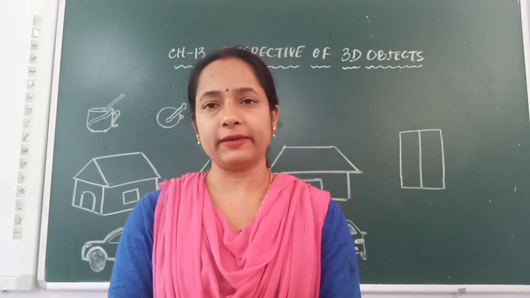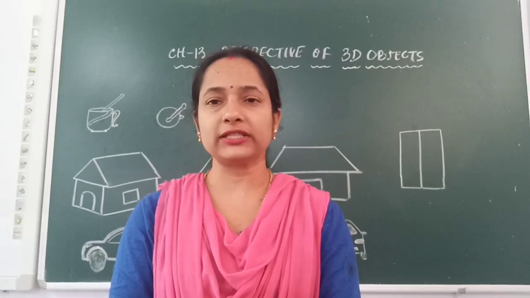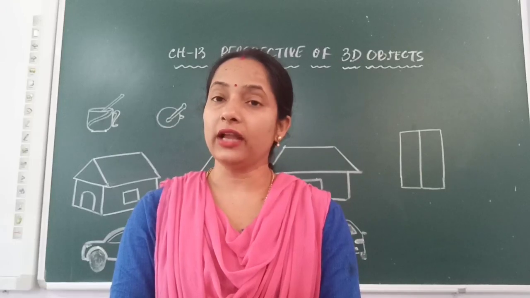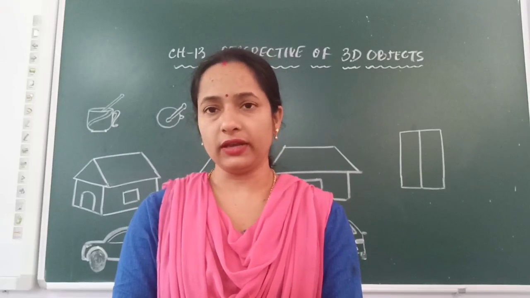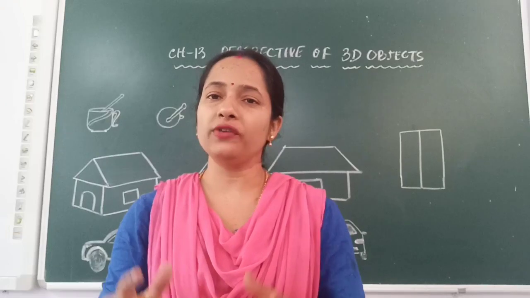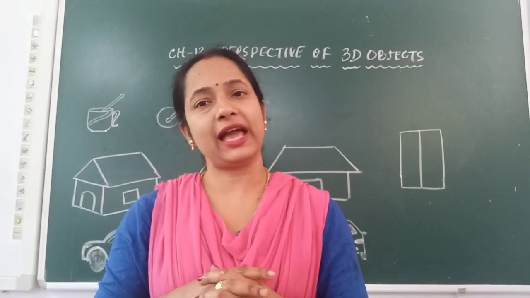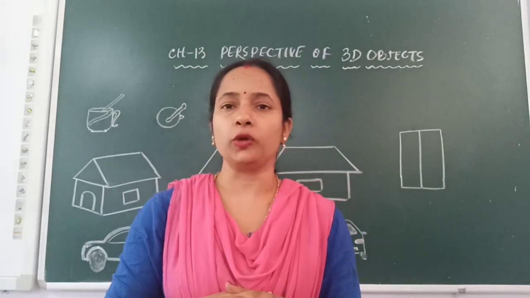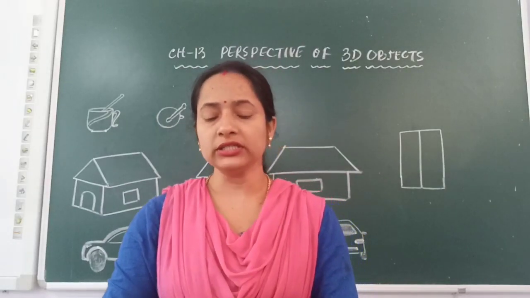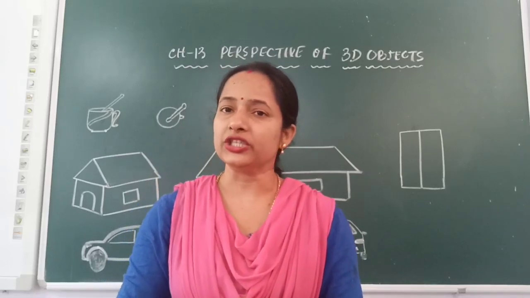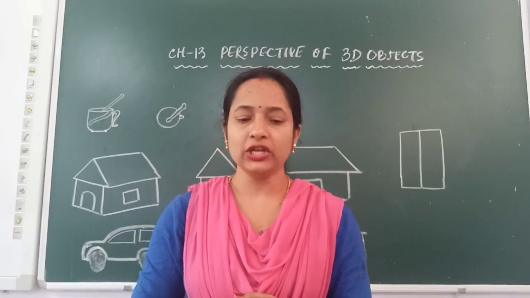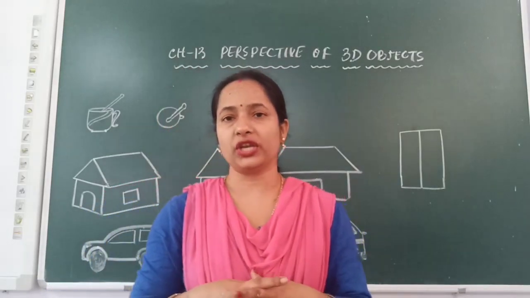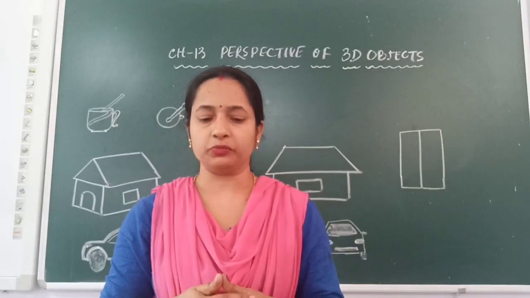We have already read about different 3D shapes in the previous chapters, and in those chapters we even read how to draw the net of any given 3D object. So we always find a 3D object has three dimensions, that is length, breadth and height, whereas a 2D object has only two dimensions, length and breadth. There is no thickness or height in 2D objects. We have also read about how to view an object, and the different views of an object.